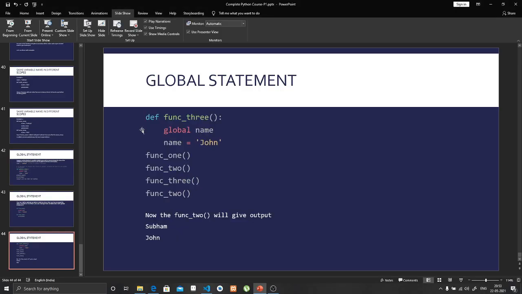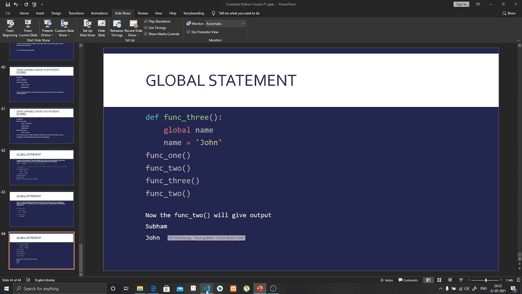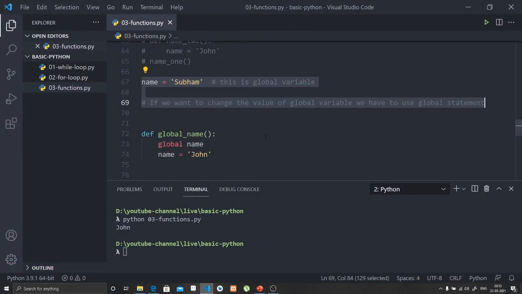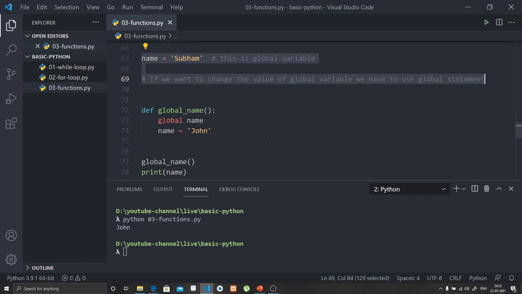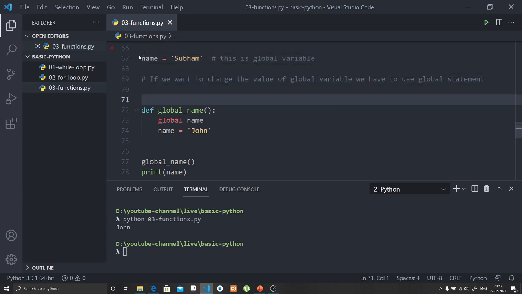So let's see a practical example using the code. Here I have declared the global variable directly inside the Python script, and I want to change its value.